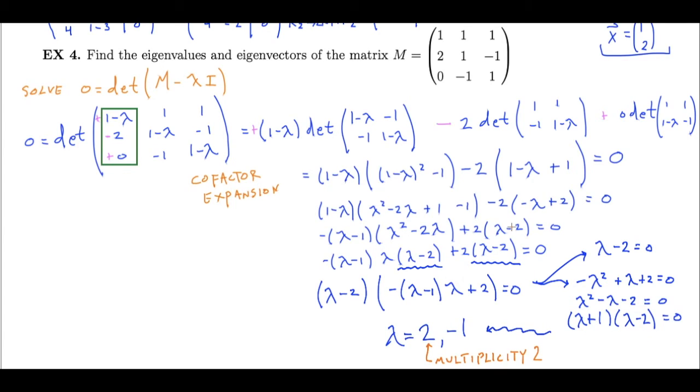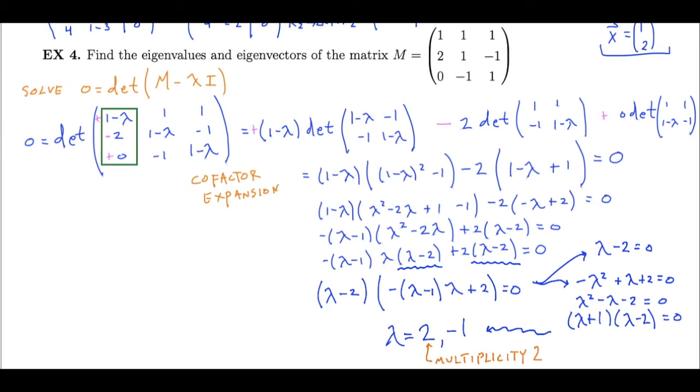So this cubic equation has yielded two distinct eigenvalues, one of them with multiplicity 2. As I said, hopefully this algebra isn't too intimidating and you can kind of identify within any specific problem a strategy to be able to solve for these